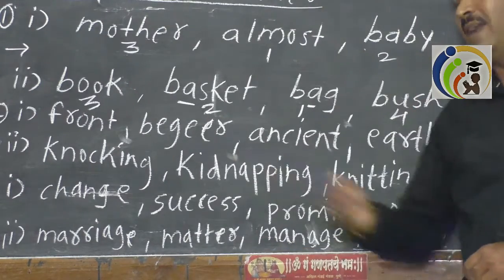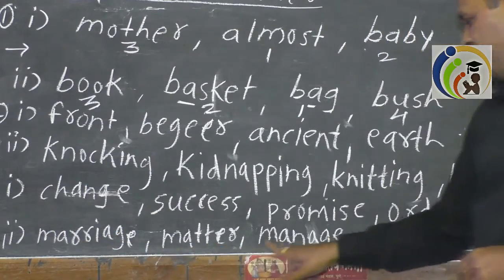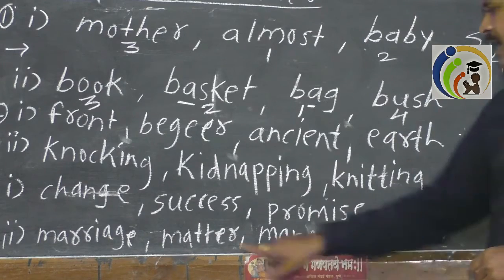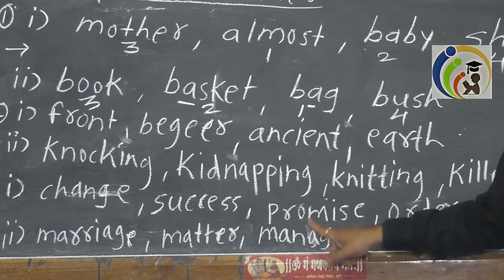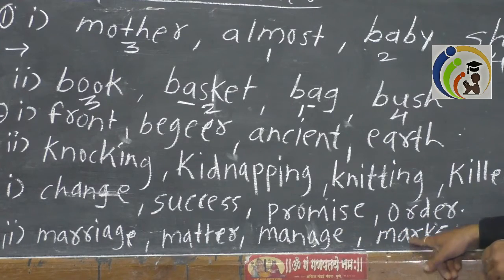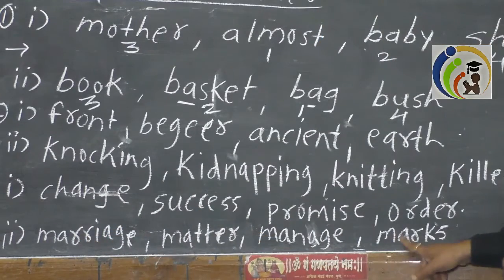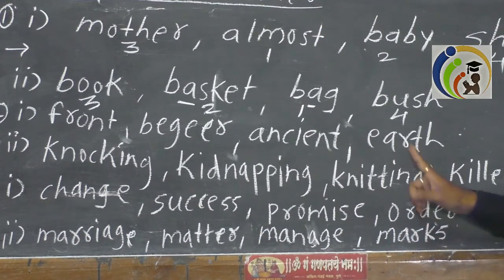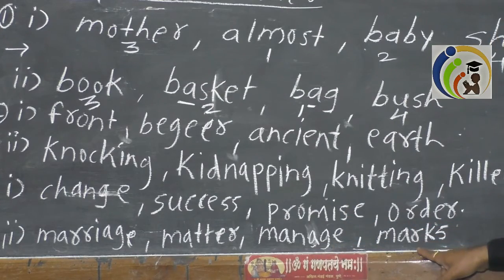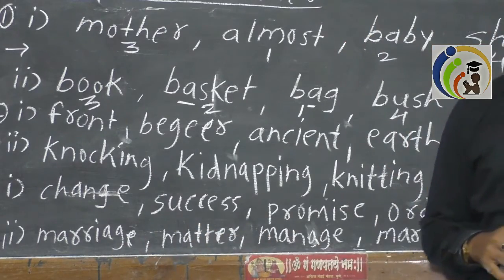Go to the following letter. Third one. Third one is here R, T, N and R. Here RR is given and here T and N. First word is manage. Second word, either that would be marks or marriage. Here MARR and here MARK. So the first word is manage. Second one is marks. Third word is marriage. And fourth word is matter.